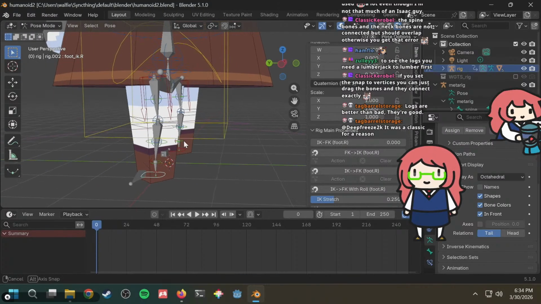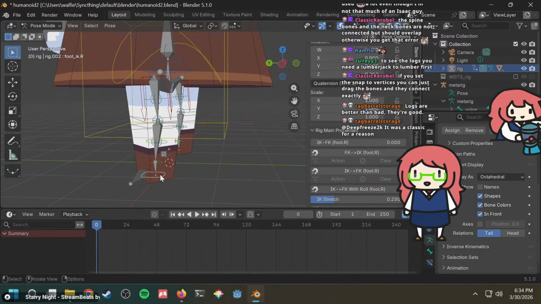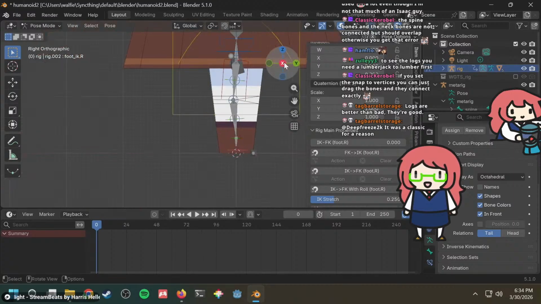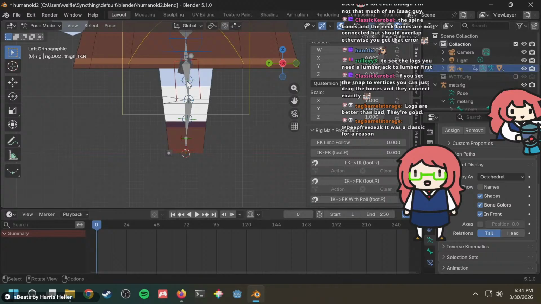What if I rotated? Do people usually animate the leg animation, the walking animation, by dragging the IK points, or do they usually use the FK bones, the forward kinematic bones?